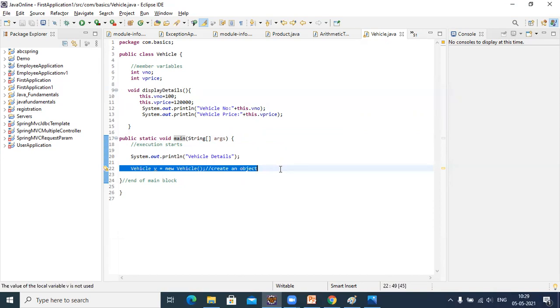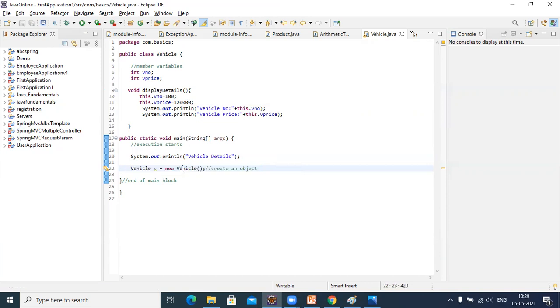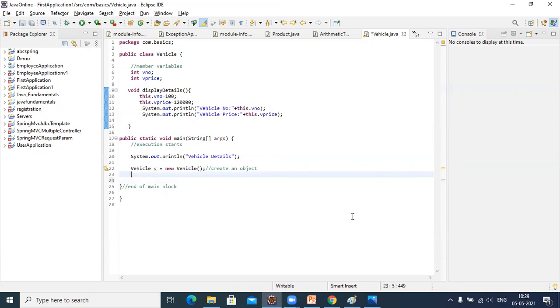Vehicle v equal to new of vehicle. So after displaying this, it will create the object. And then what are we supposed to do? We want to display all these things. So let us give v dot. I have to call this method display details.